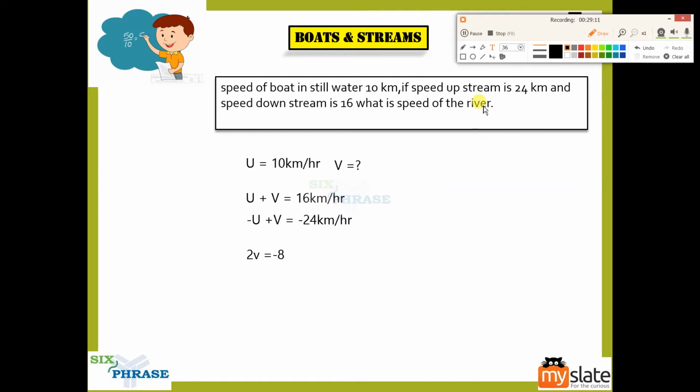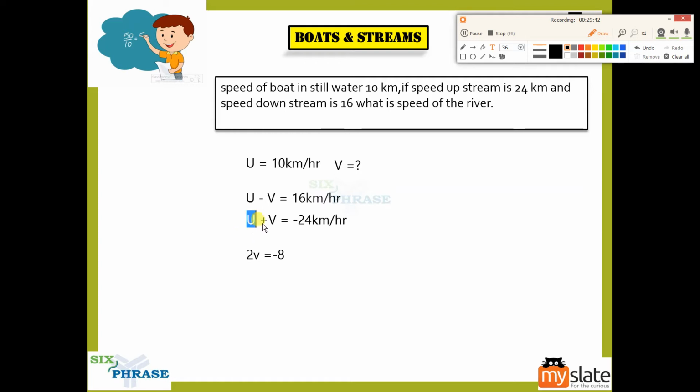So this question was especially given to drive that point home. Okay, so it should not be 24 and 16. It should have been 16 and 24, or u minus v should have been 16. So you can take this as u plus v. U plus v is 24 and u minus v will become 16. Okay, so now you will get the answer here, guys. So if you want, now you can negate, no problem with negating.